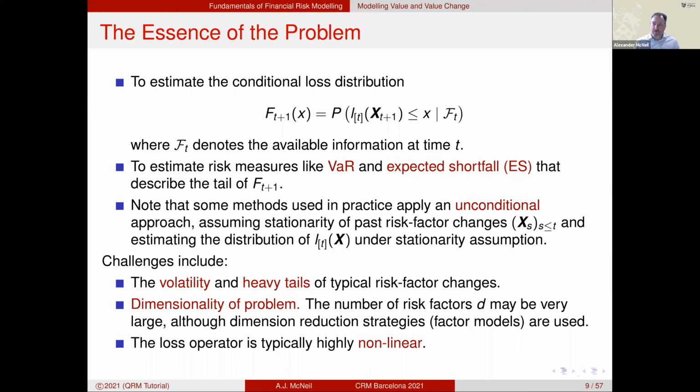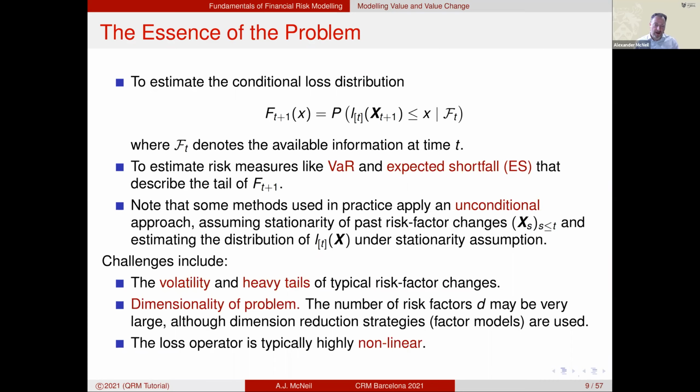So that's a problem for the risk modeling team. And of course, there are a variety of methods that are used, parametric methods, but it's also very common to use historical simulation, which is a sort of bootstrapping method where you resample past values of risk factors and look at the distribution of losses under changes that you've seen in the past to your risk factors.